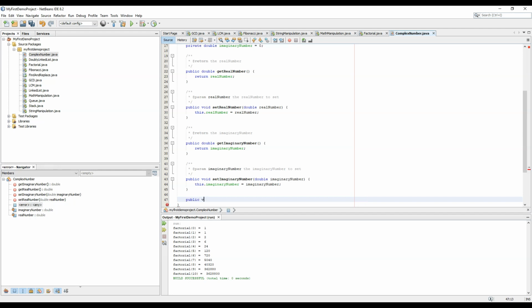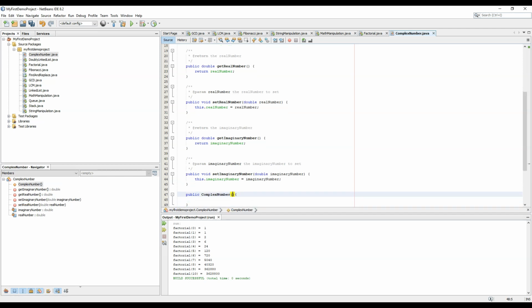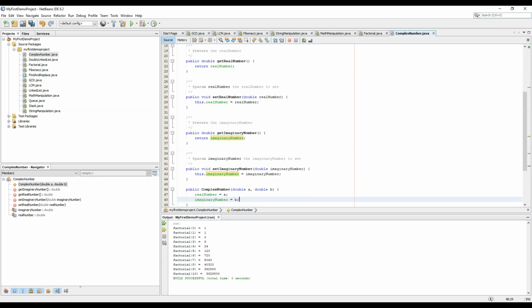Public ComplexNumber, that is double a and double b, where a is the real part and b is the imaginary part. So you can say real number equals a and imaginary number equals b. So we have created the class.